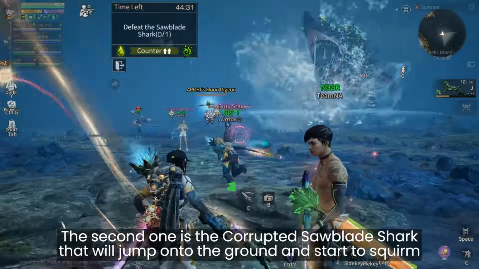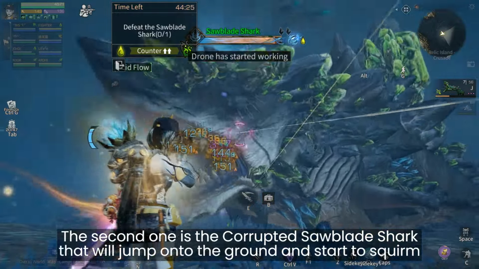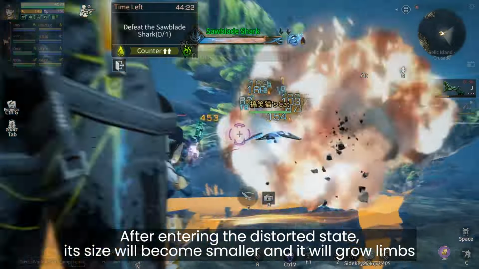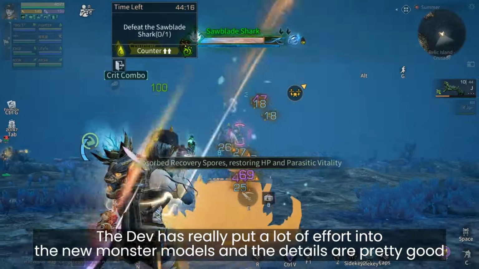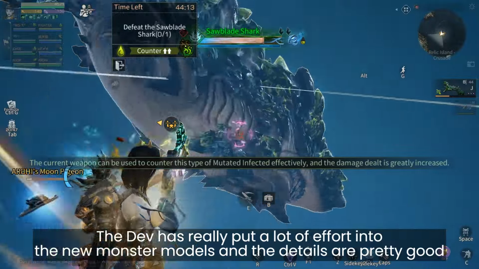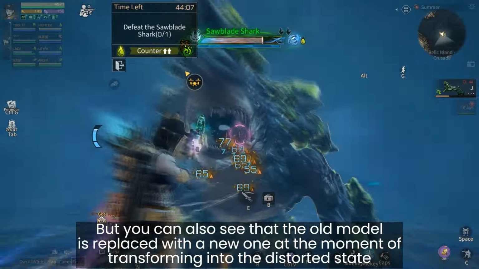The second one is the corrupted Sawblade Shark that will jump onto the ground and start to scream. After entering the distorted state, its size will become smaller and it will grow limbs. The developer has really put a lot of effort into the new monster models and the details are pretty good. But you can also see that the old model is replaced with a new one at the moment of transforming